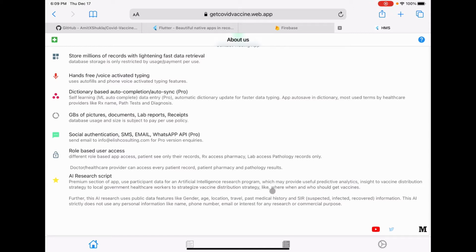The research script tries to predict who should be vaccinated first based on your geographical location, gender, and that kind of thing. This part is totally voluntary, and users will have an option to decline to participate in this aspect. With that said, let's jump into the demo.